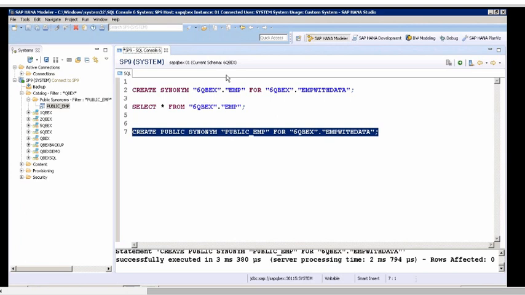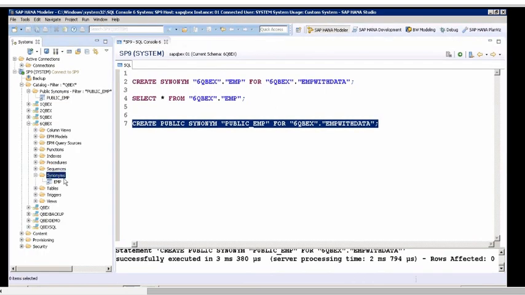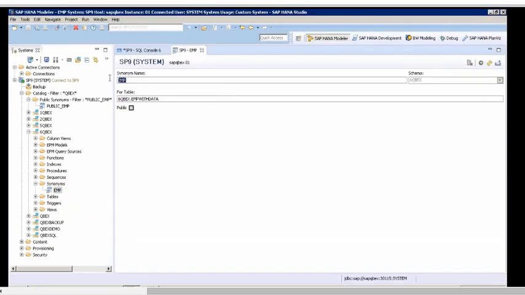So if you can answer this, then we get the exact requirement for when to go for synonyms. And one more point: once the synonym is created, I can open the definition and see the input. Synonym is EMP under this schema, referring to which table? You can see it, but you cannot create it, though you can see the definition in this way.